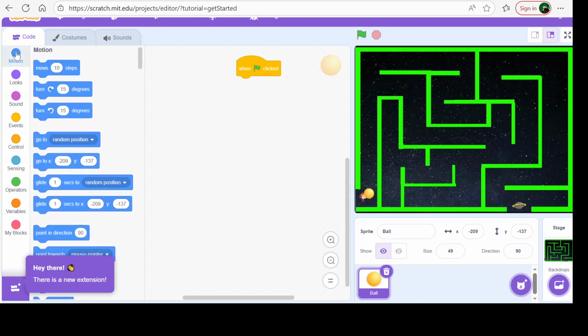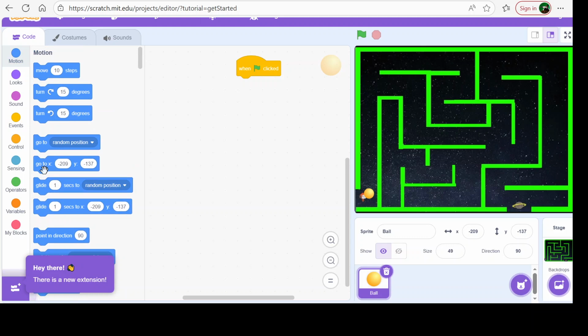So we'll go to motion, and in motion go to X minus 209 and Y minus 137. So this is the position, X minus 209 and Y minus 137. If we drag the ball here and click here, the ball will move back to this position. Now here we'll go for forever,